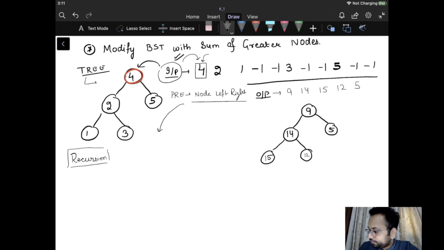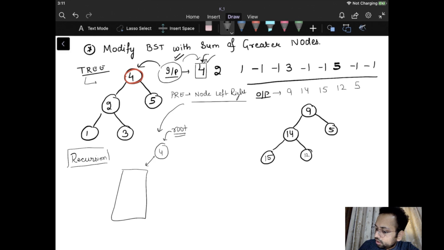So I'll have this particular pre-order input, and this will be the root node. First of all, I'll make this particular node the root node. Now I'll ask the recursion to first create the left subtree and attach it to the left side of this particular root node.